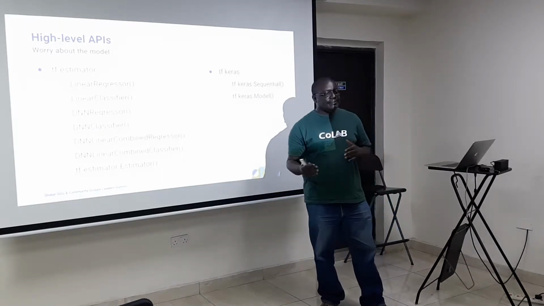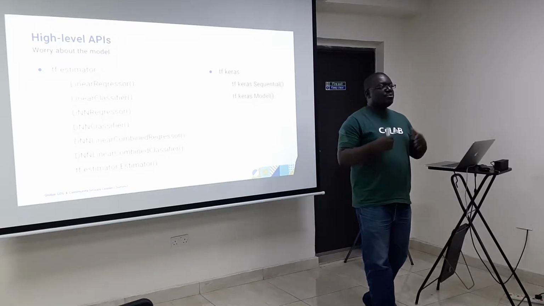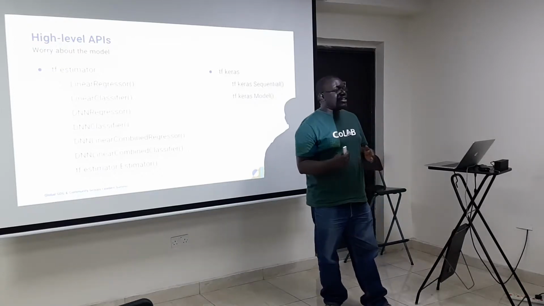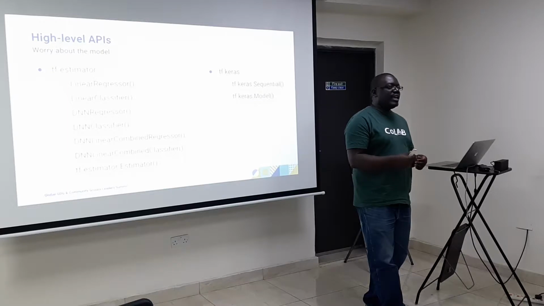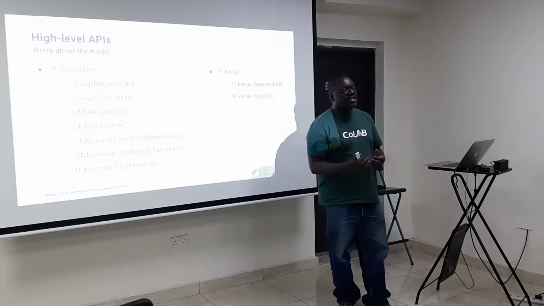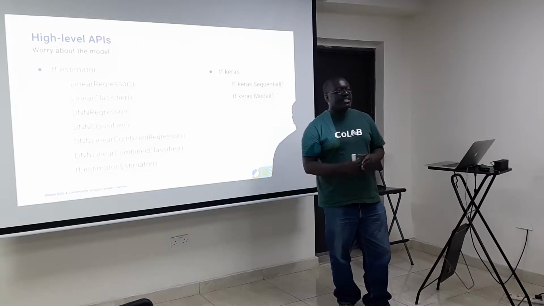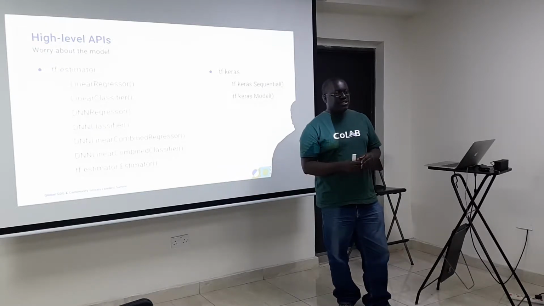Now in machine learning, we have supervised machine learning and unsupervised machine learning. With supervised machine learning, you try to carry out a task where the examples that you give to the computer have what we call labels, meaning that you have the answers at the end. So it's kind of like saying, you're getting ready for an exam, these are past questions that have come out in that exam, and these are answers to those questions.